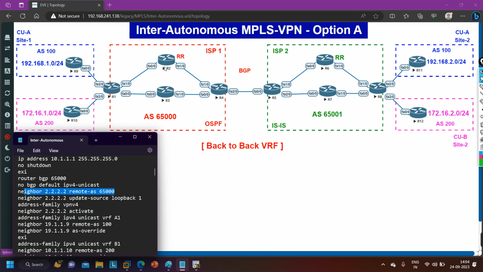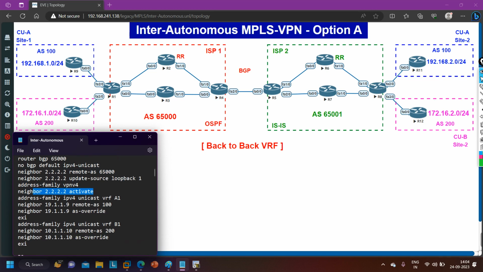So on router number 2 also we will create one loopback 2.2.2.2. Here you can see neighbor 2.2.2.2 remote AS 65000, neighbor 2.2.2.2 update source loopback 1, and address family VPNv4 neighbor 2.2.2.2 activate. Then we are going to configure BGP for VRF, as you know. So address family IPv4 unicast VRF A1, and I am going to say